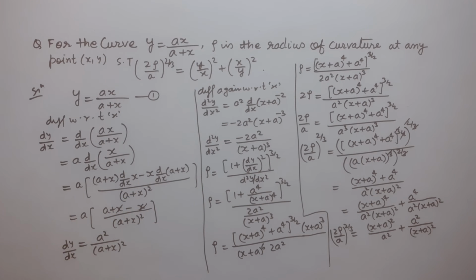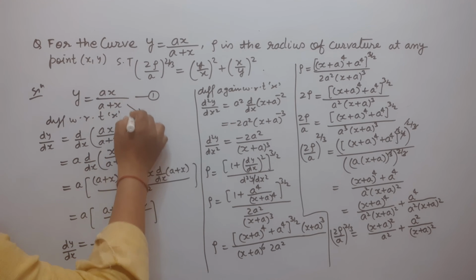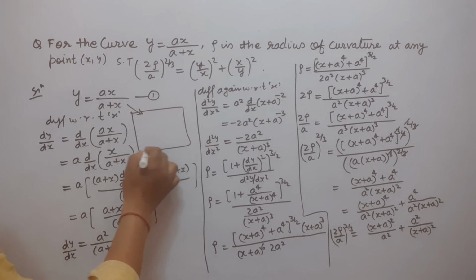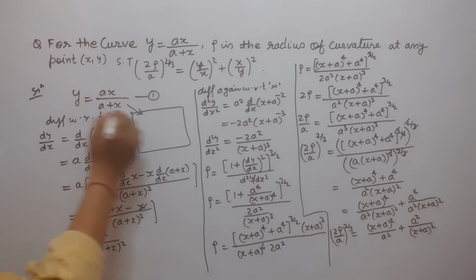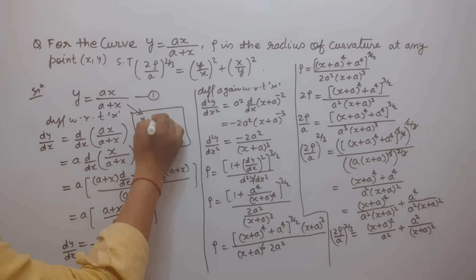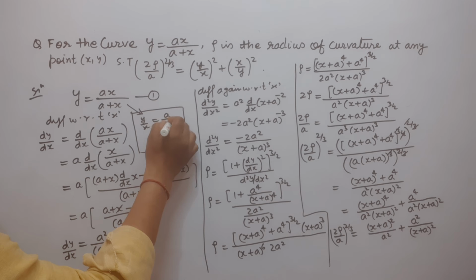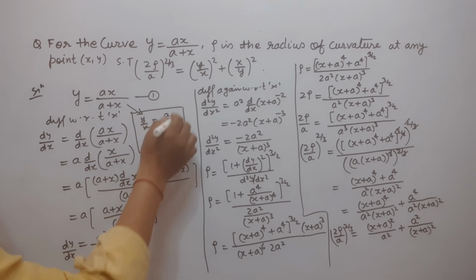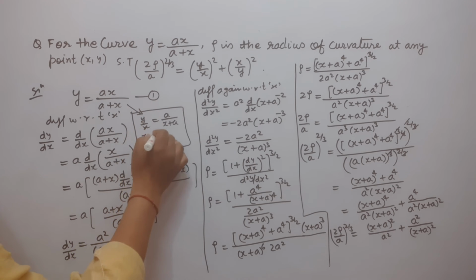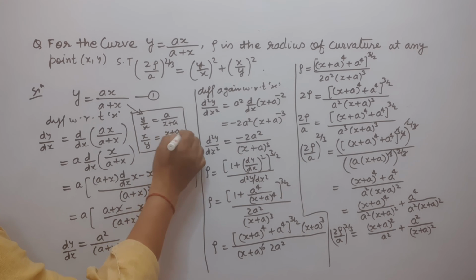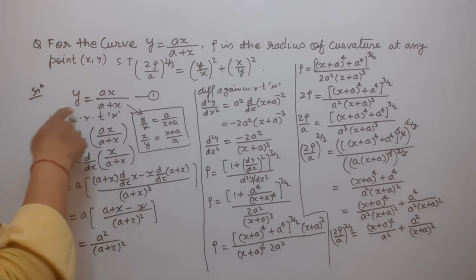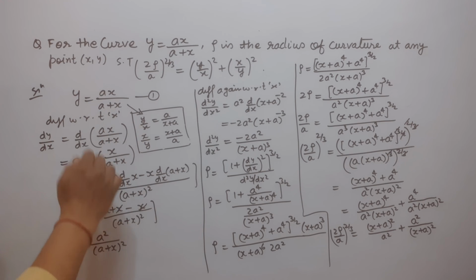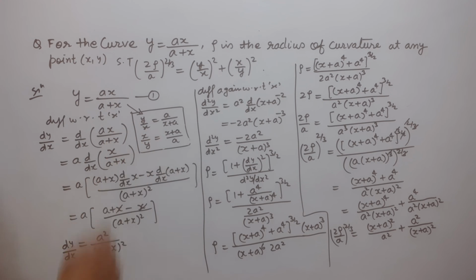So from the given curve we can see here this x goes to the denominator in the left hand side. So y upon x is equal to a upon x plus a and reciprocal of this we get x upon y is equal to (x plus a) upon a. आप देख सकते हैं जो गिवन कर्व है इससे y अपॉन x की वैल्यू निकालेंगे तो a अपॉन a प्लस x होगी, उसका रेसिप्रोकल करेंगे तो x अपॉन y इक्वल टू x प्लस a अपॉन a होगी।